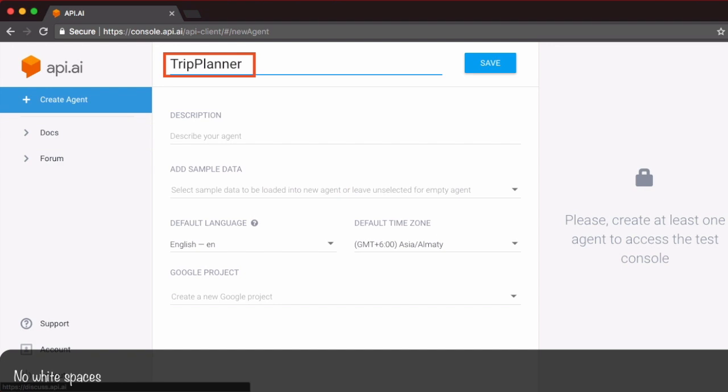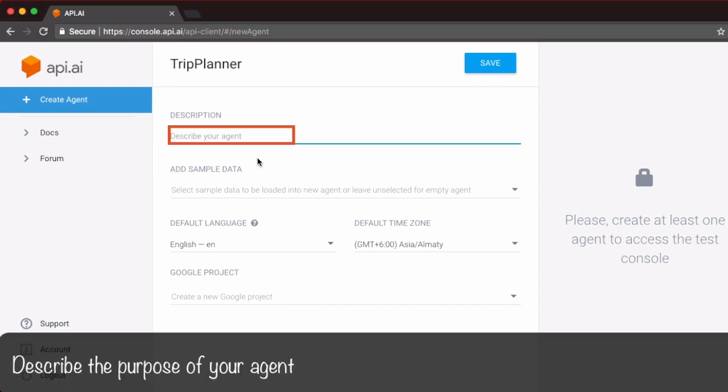The agent that we're going to build is a chatbot which will allow us to reserve rooms and reserve cars when we are planning our trip. So we'll simply call it the trip planner. Now, let's say you work a lot with Dialogflow and you create a number of agents. It's often helpful to have a description field which describes the purpose of your agent. Here, I'm going to put in a bot to help with planning trips. That's exactly what our trip planner does.